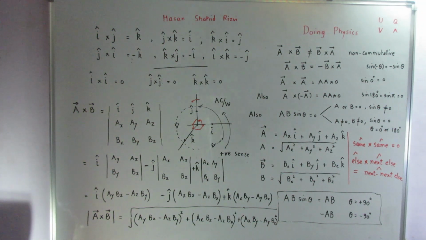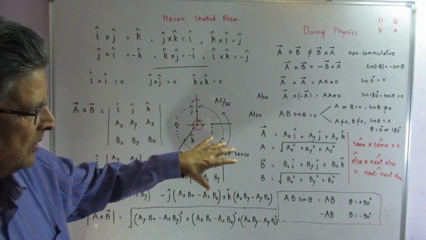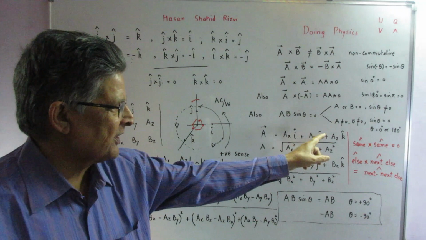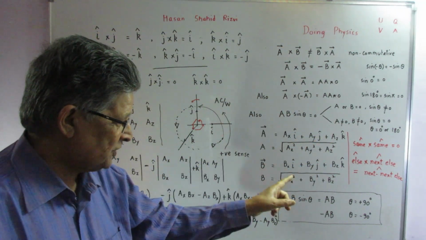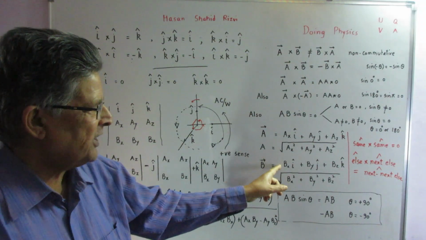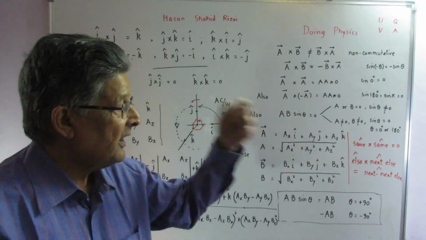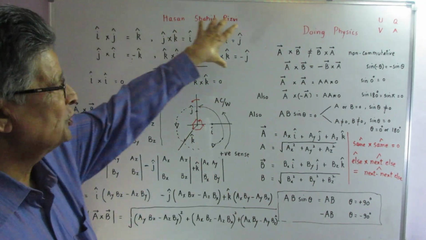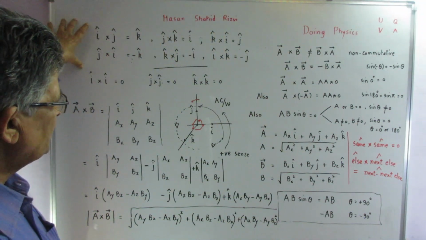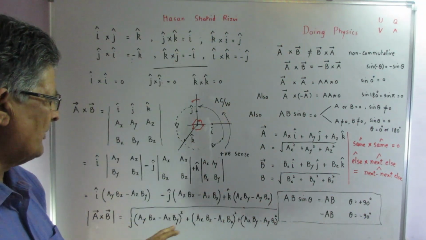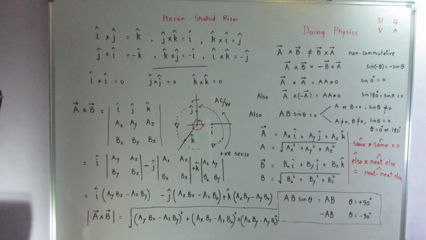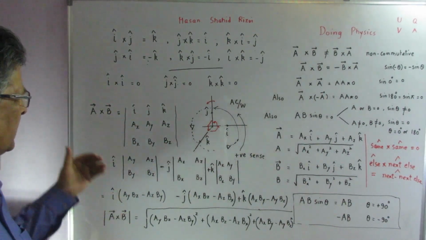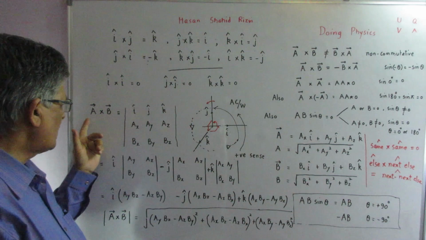Next, I will not do this; you can do it as an exercise: (axi + ayj + azk) cross (bxi + byj + bzk). When you do this, you use these values and finally you will obtain what I am obtaining over here. But one of the shortcuts that we use here is A cross B,